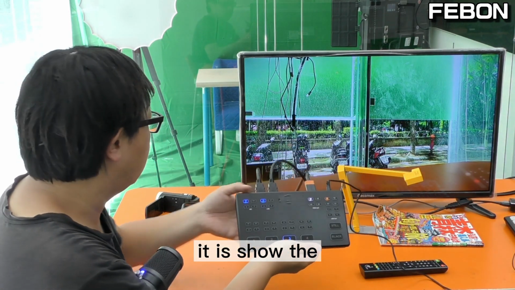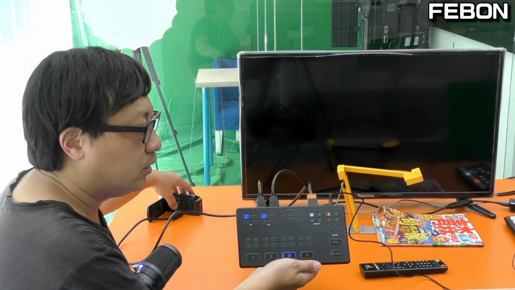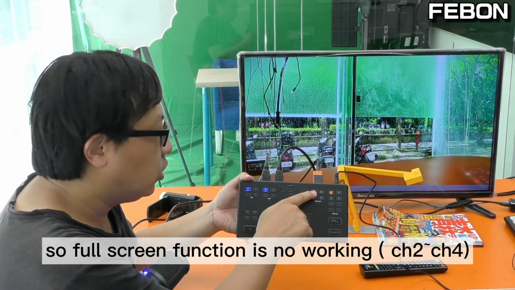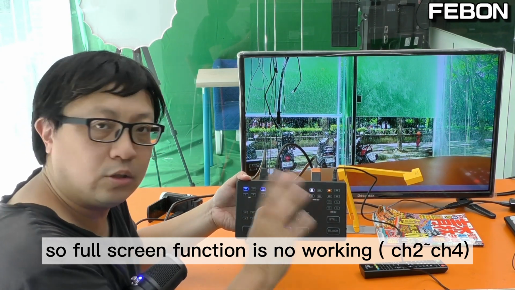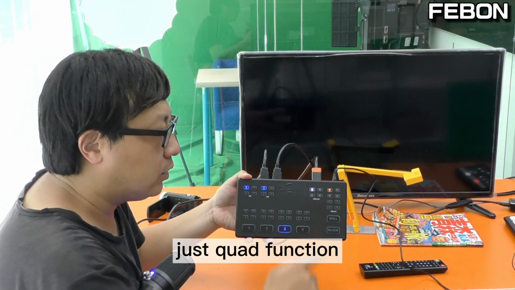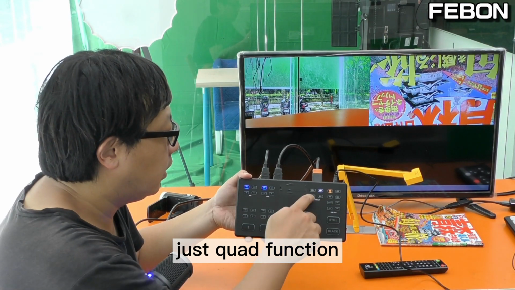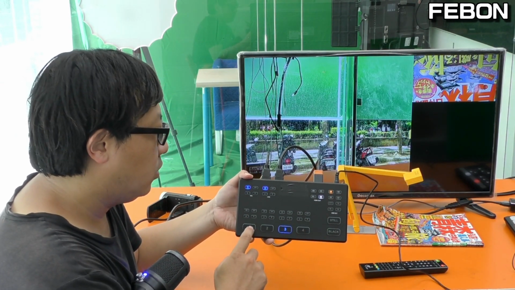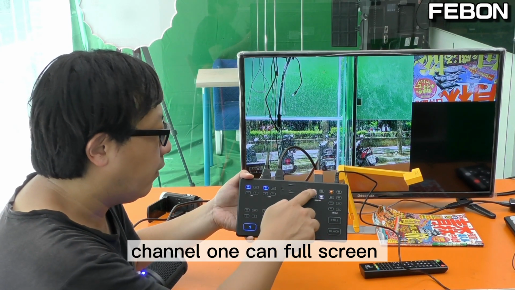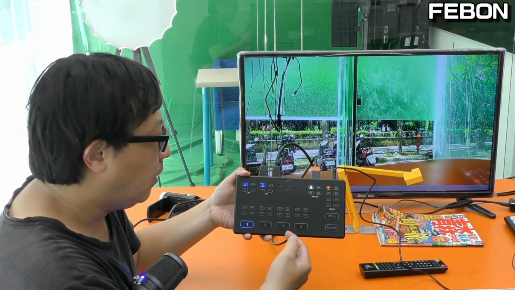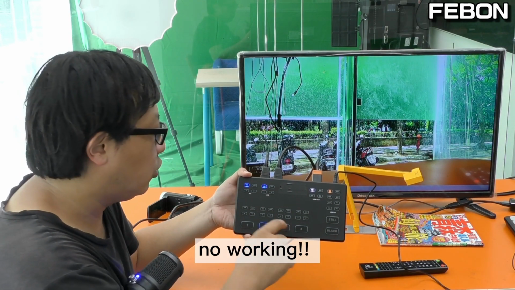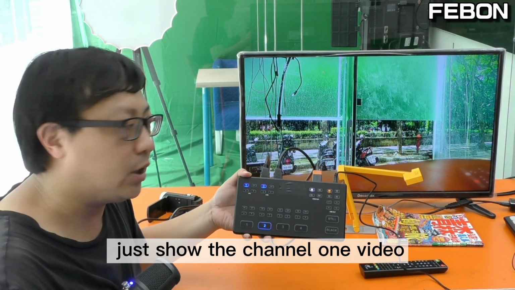It shows channel 1. Okay, so the full screen function is not working, just the core function and this function. Channel 1 can full screen, but channel 2 is not working, it just shows the channel 1 video.